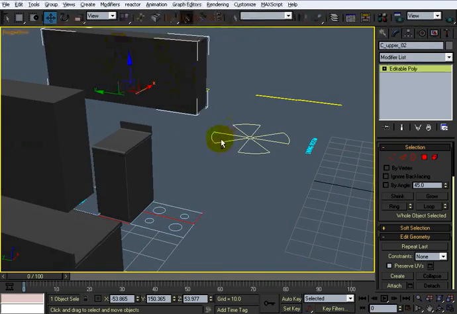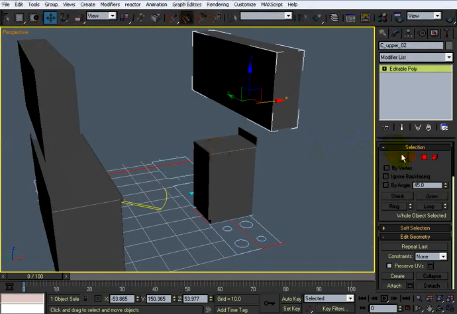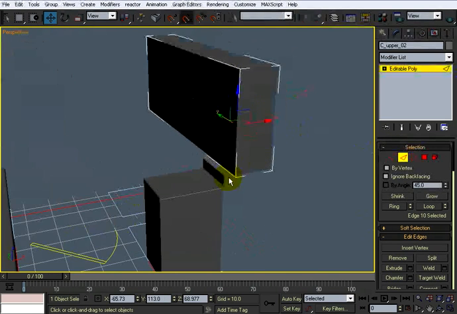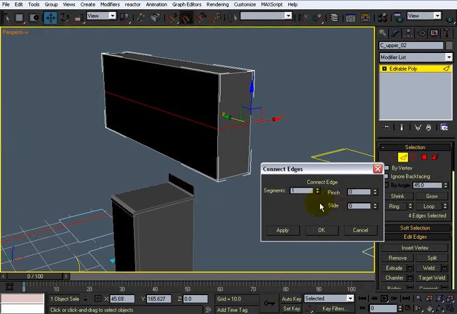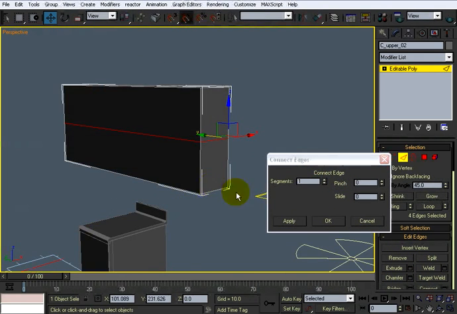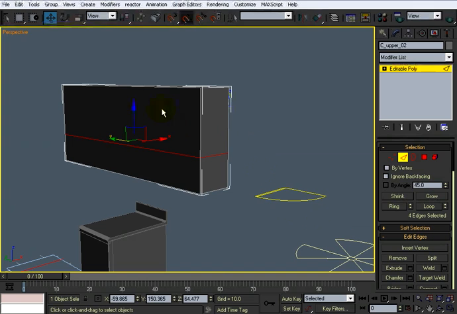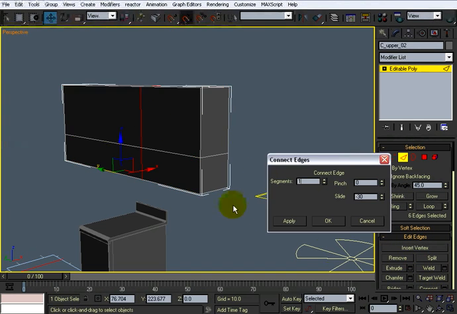Because not all of these are going to be the same size. So what I'm going to do is select this, F4 so I can see the edges, do a ring select, a connect, and I'm actually going to bring that down just a little bit, something like that, -30. And then I'm going to ring this, do a connect,